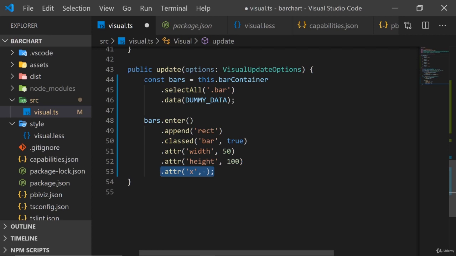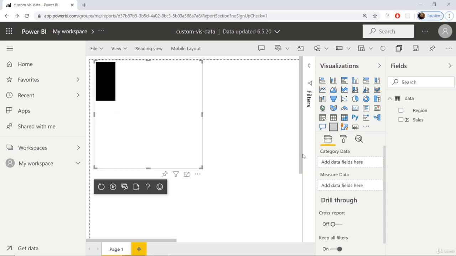We need to do something which is called scaling. We need to adjust our bars and our positions of the bars to the available surface, so to the available canvas size and our data. And both matter, of course. We also need to respect the size of this box here, which the user, of course, is able to resize. We want to take this into account to make sure that our bars have the appropriate height and width,